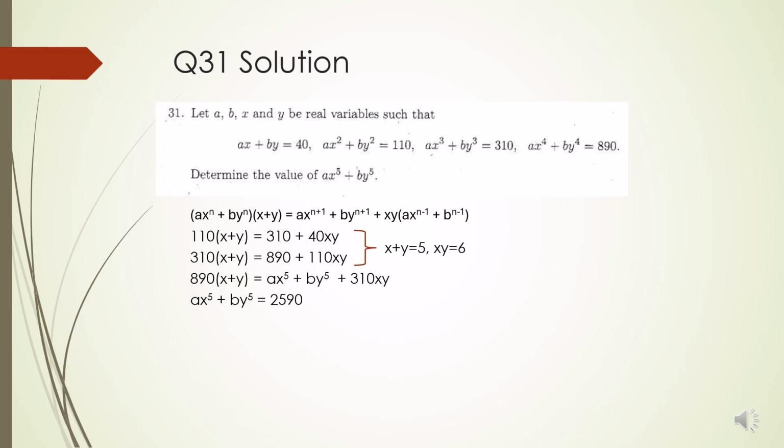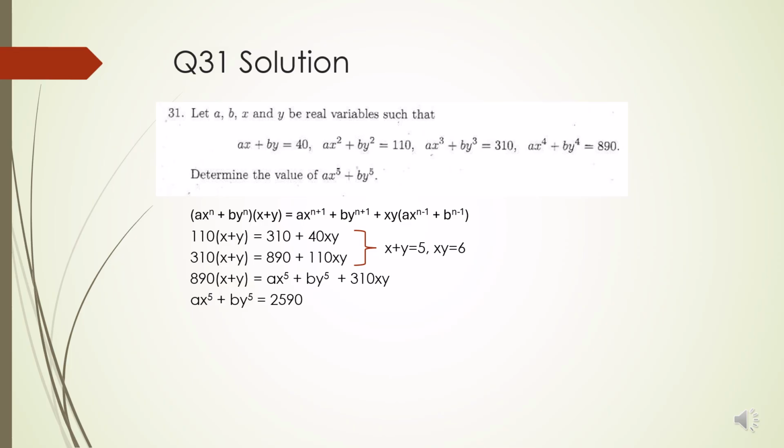So you get 3 equations: 110x plus y equals 310 plus 40xy, and 310x plus y equals 890 plus 110xy. And from these two equations, I'm pretty sure you know how to solve simultaneous equations. So you get x plus y equals 5 and xy equals 6. And the important thing is that you don't actually need to solve for x and y, even though I'm pretty sure you guys know that it's 2 and 3, because all we need is x plus y and xy